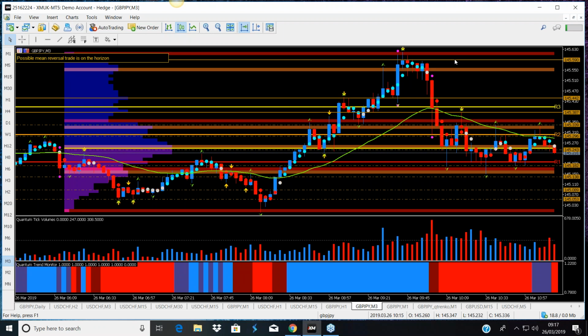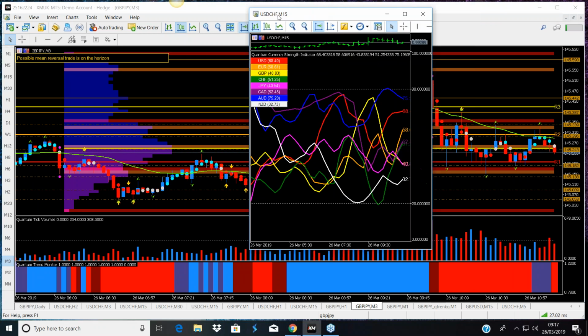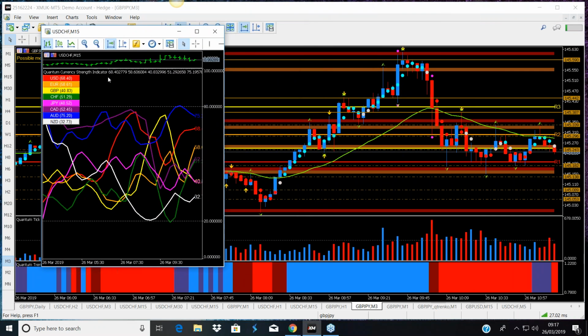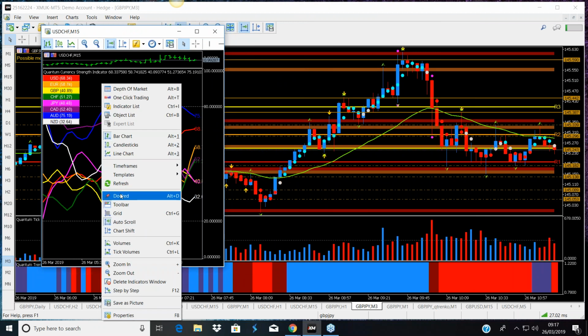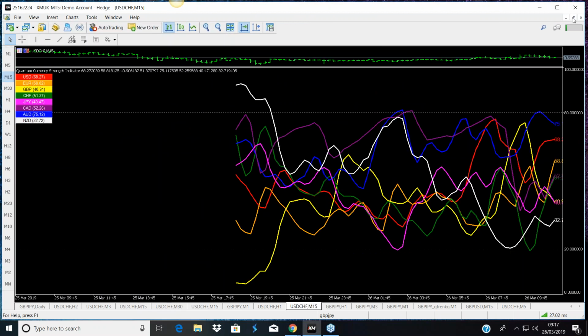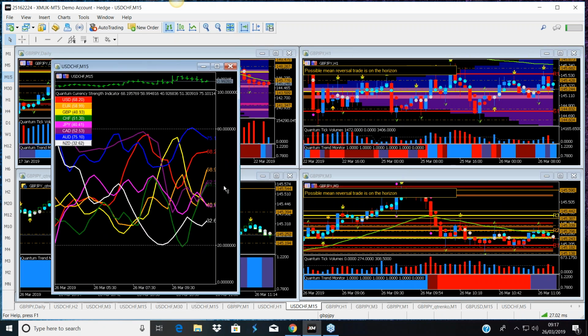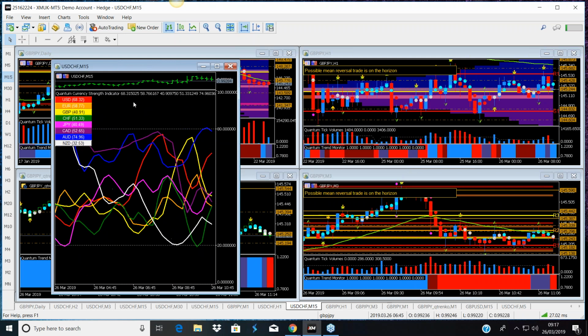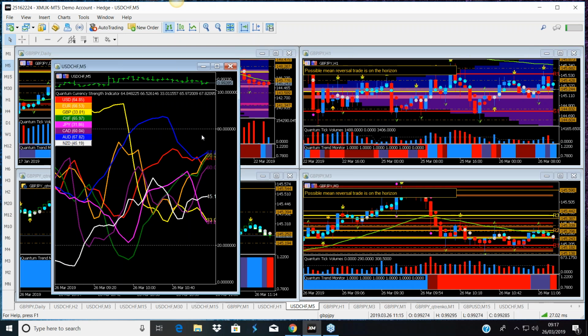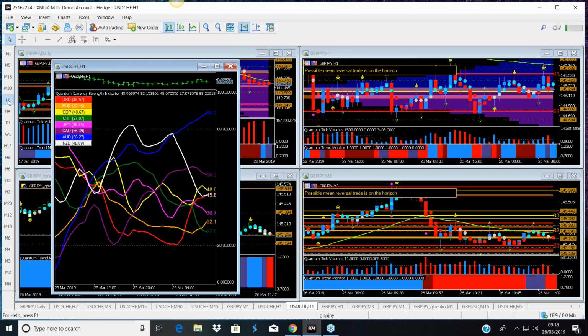But it just gives you another plank in the VPA armory, support and resistance. And you're either looking at it through the prism of this, which is purely based on price action, or you're looking at it through the prism of volume, which is where the volume point of control indicator comes in. And that is looking at it from the perspective of congestion in terms of volume zones and how those volume zones are likely to play out, not only in terms of the volume point of control itself, which is this solid yellow line, which is where we have price agreement.